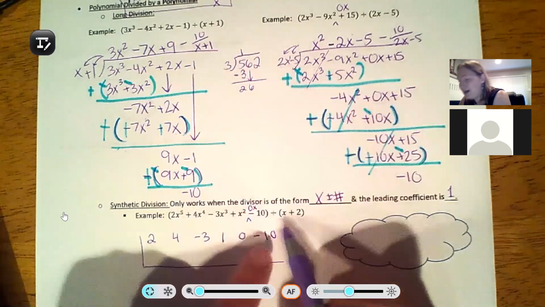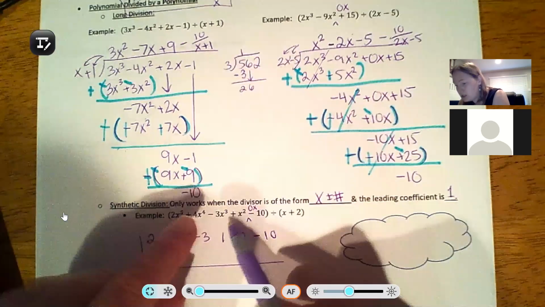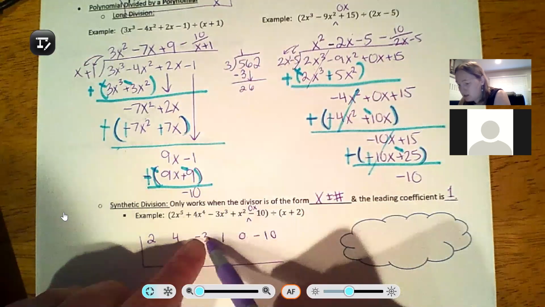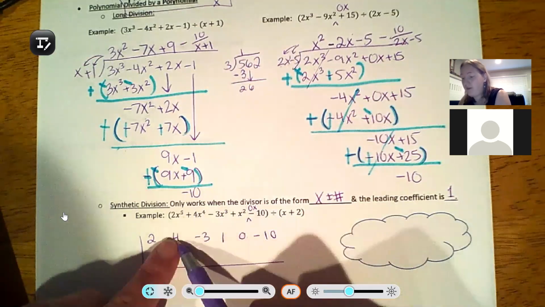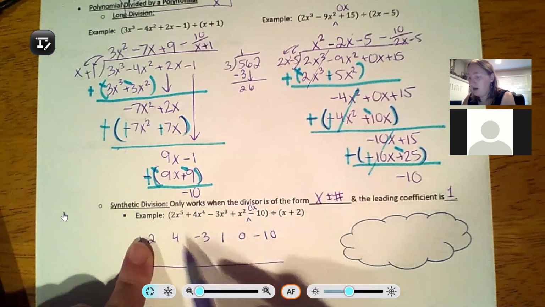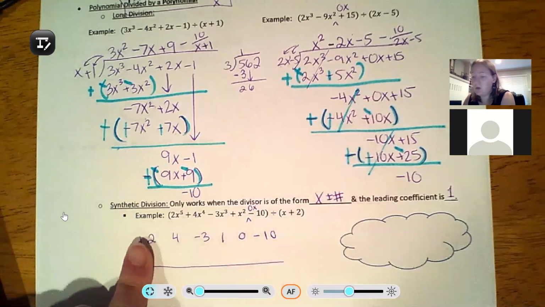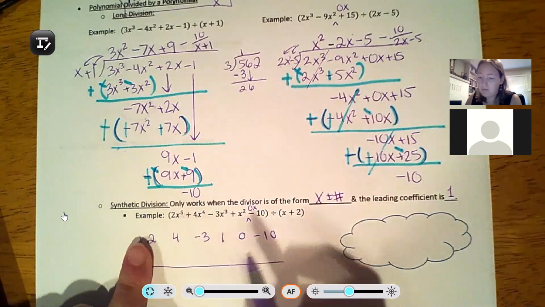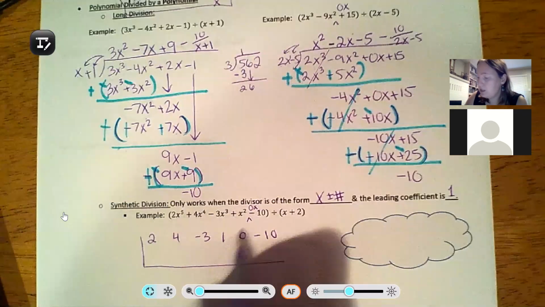So this would be the constant, the x term, the x squared, the x to the 3rd, the x to the 4th, the x to the 5th. And if I didn't have the 0 here, this would have ended up being the x to the 4th term, which it wasn't. It was the x to the 5th term. So always put in 0 placeholders